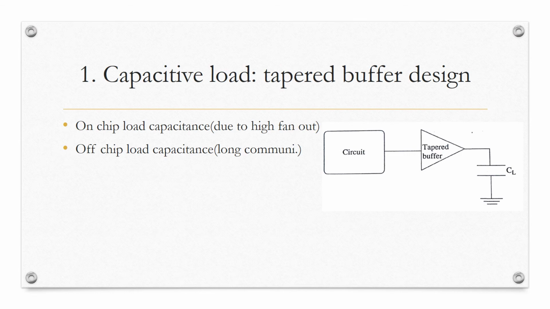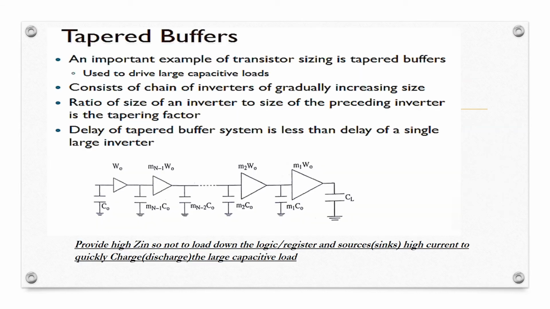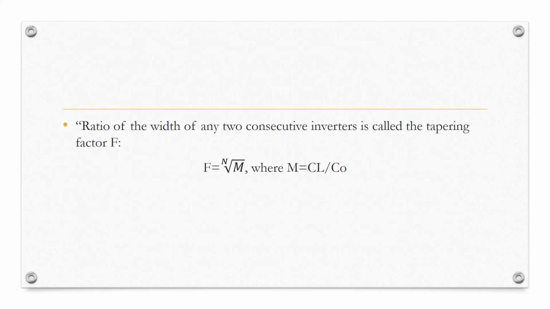Then we will see how to deal with a large capacitive load. That is called tapering. So we will see the tapering buffer design, and here is the tapered buffer. A chain of inverters is used whenever a large capacitive load is to be driven, and two scientists, Lin and Linholm, have optimized this, and Jaeger has also optimized it. That optimized method we discuss in the class.